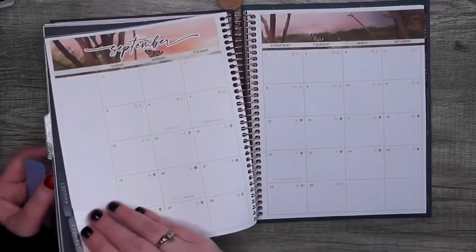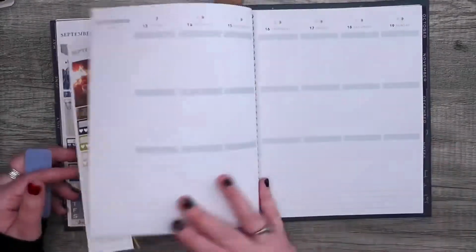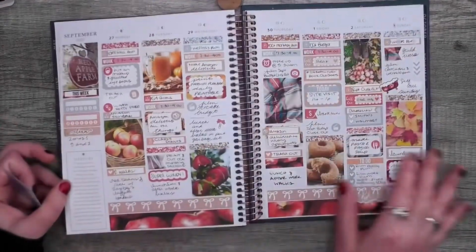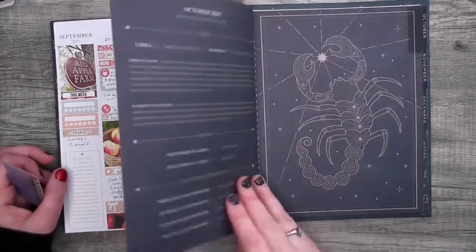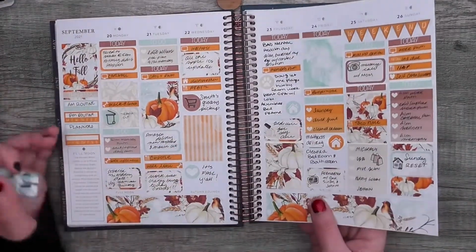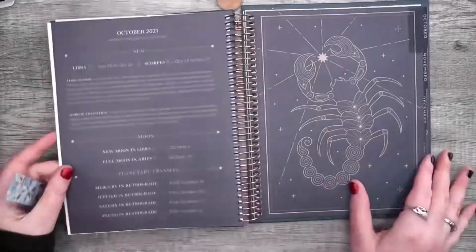Let's move this to where it needs to be. Very, very little follow through. So my new goal is to do plan with me's, well, memory plan with me's, and try to keep up with this for